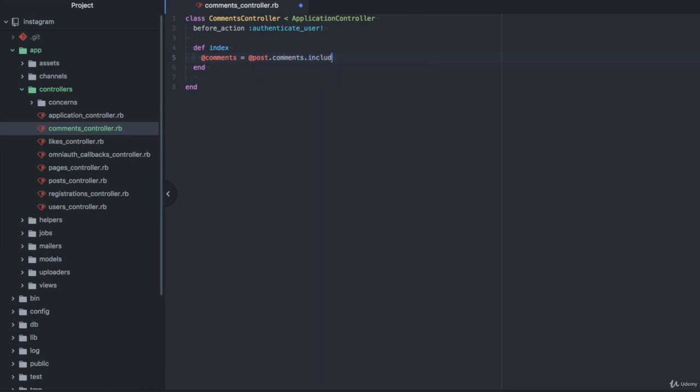includes user, and then for create, @comment = Comment.new(comment_params),